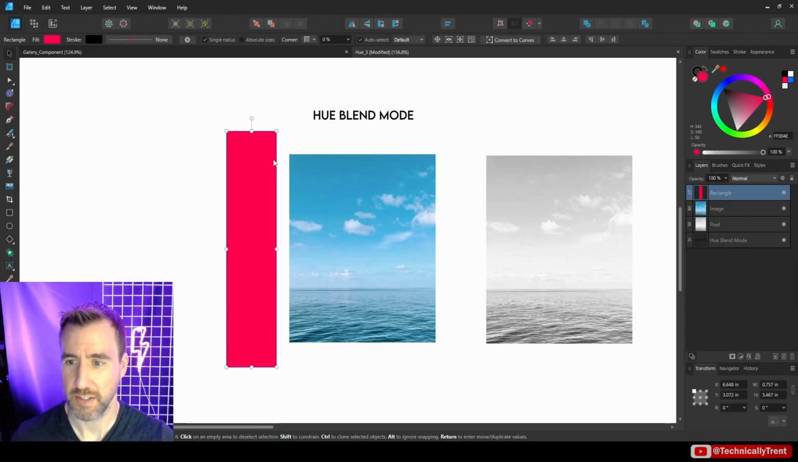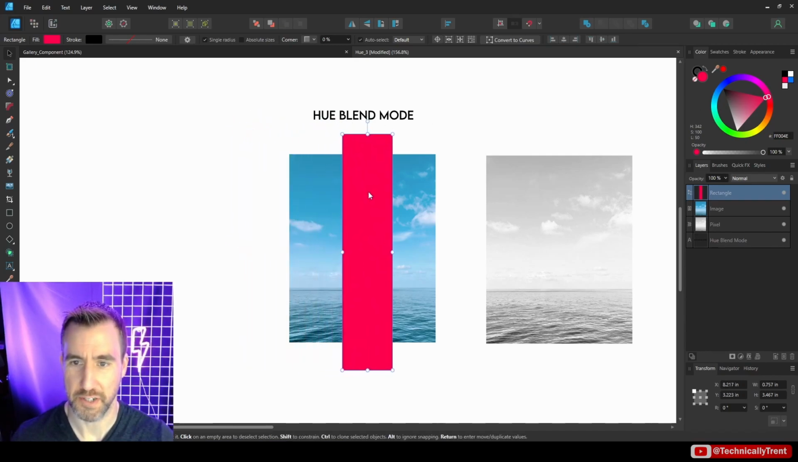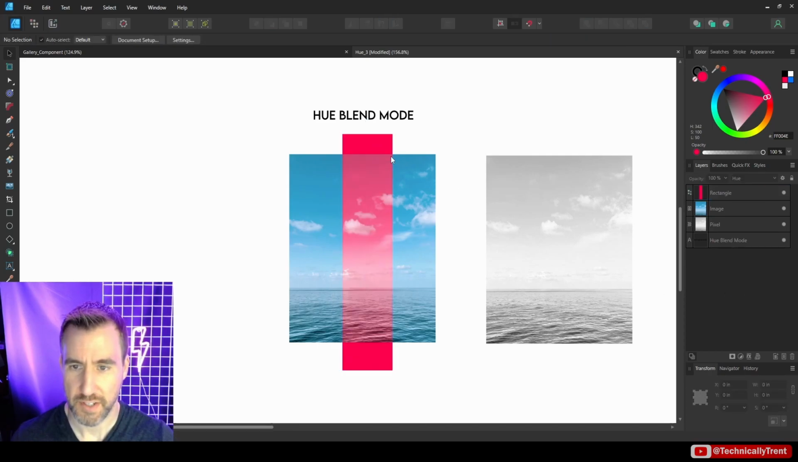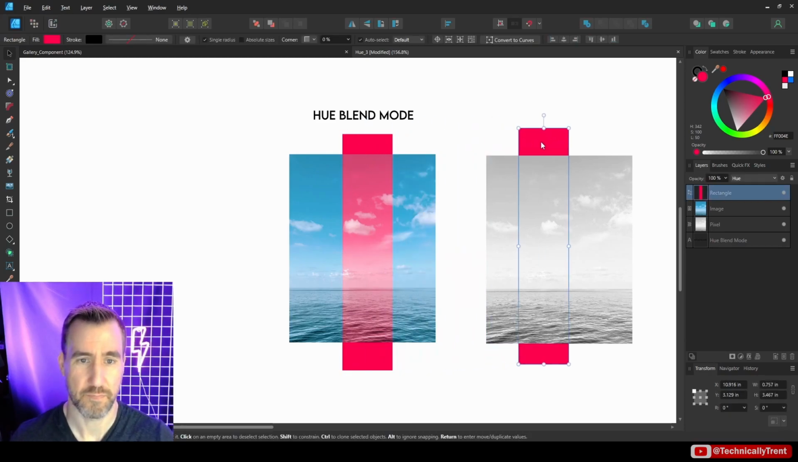So I have this layer here, which is some type of red, and I'll put it over my ocean here. And let's set it to hue. So you can see it's doing what we saw in the last example. It's coloring the sky. Now if I copy and paste this over the black and white version, you'll see it's